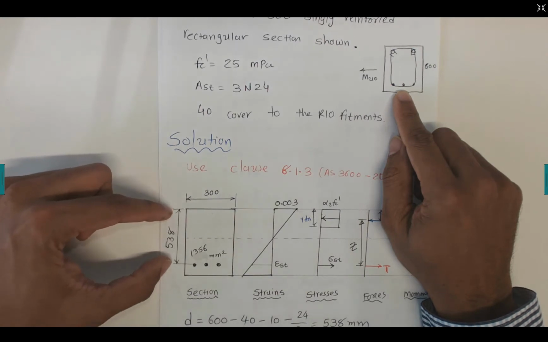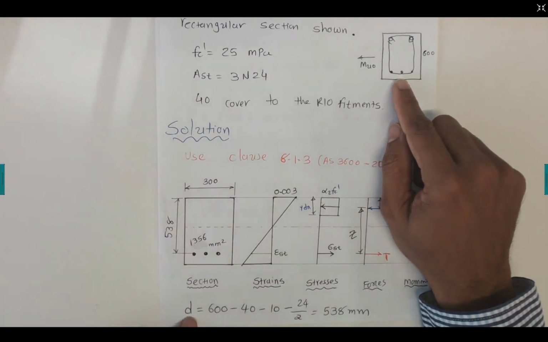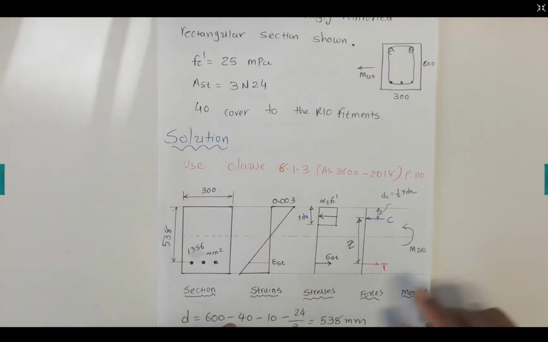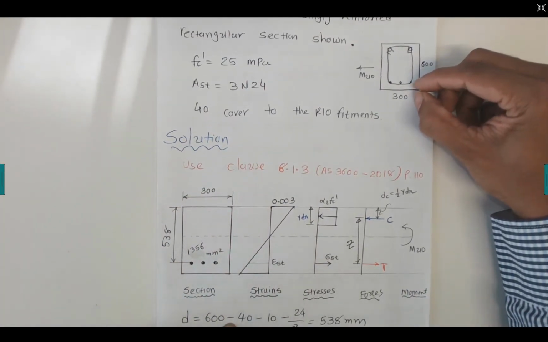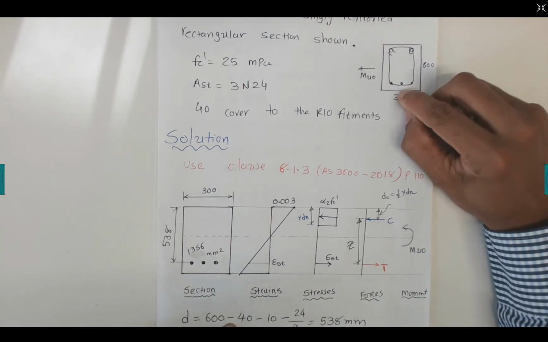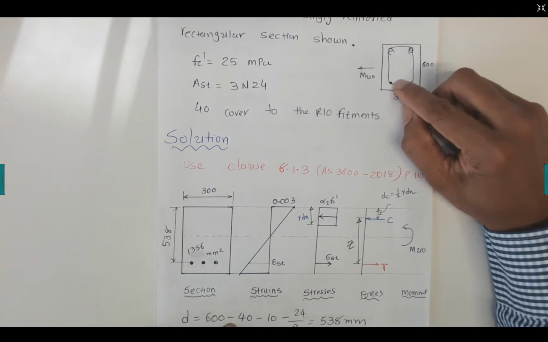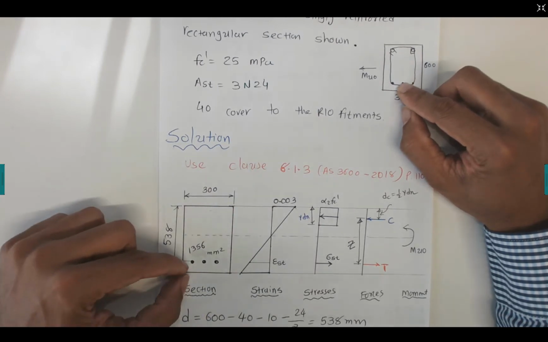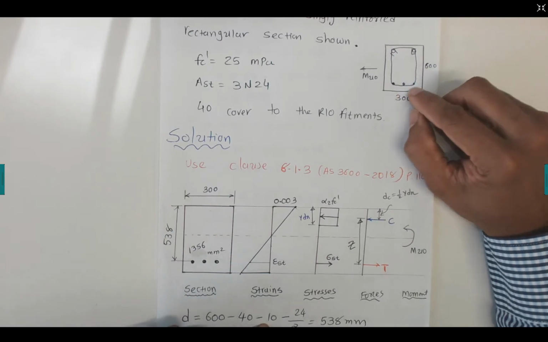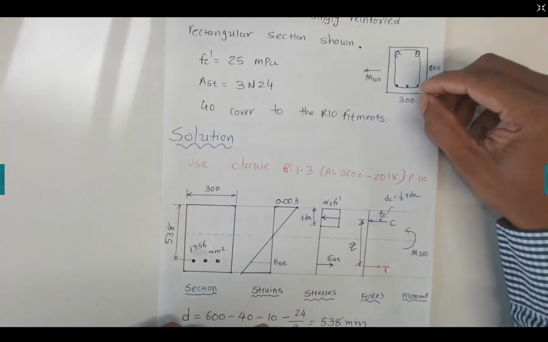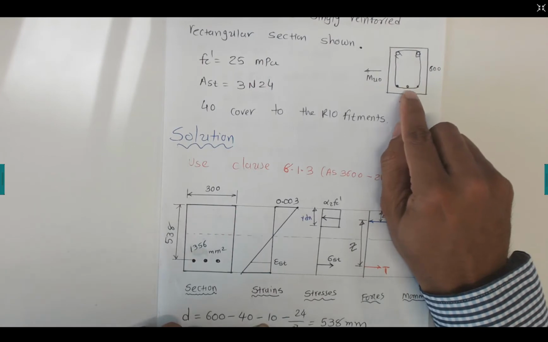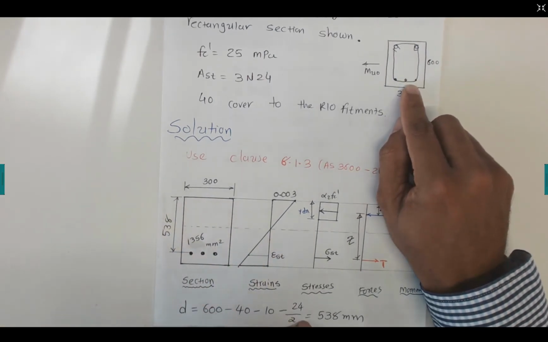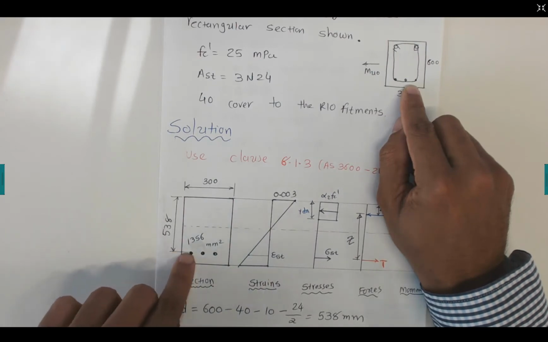Now 538 millimeters. The way I calculated that d value is 600 millimeters minus 40. That 40 is the cover that we have outside to protect these reinforcing bars. So we take away 40, then take away 10 millimeters for the fitment. So we have this 10 millimeter fitment, so we take away 10 millimeters from here, and then minus 24 divided by 2, because we are measuring